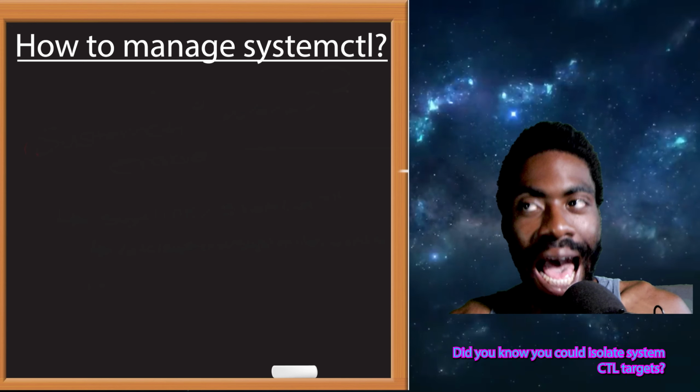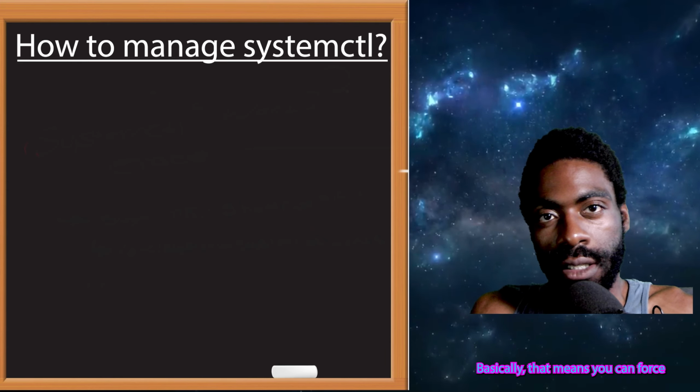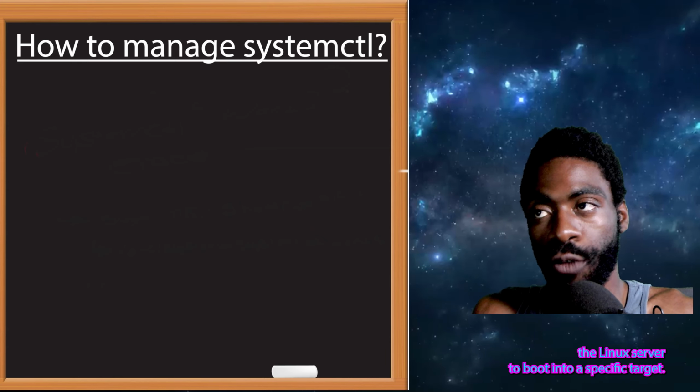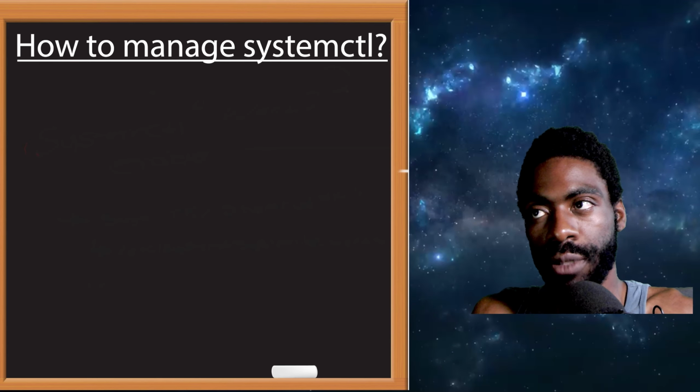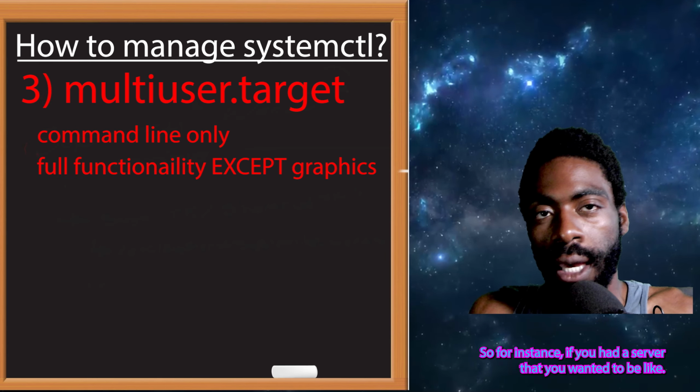Did you know you could isolate systemctl targets? Basically, that means you can force the Linux server to boot into a specific target. So for instance, if you had a server that you wanted to be